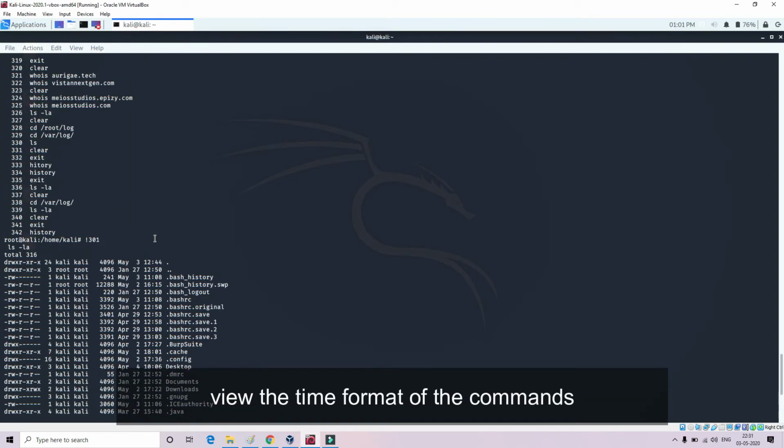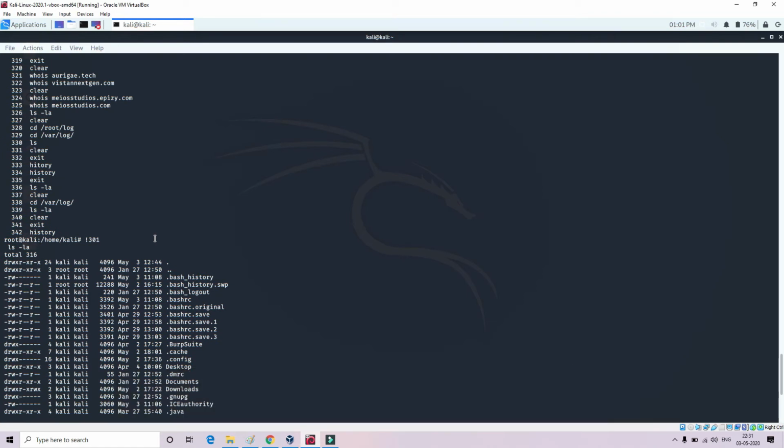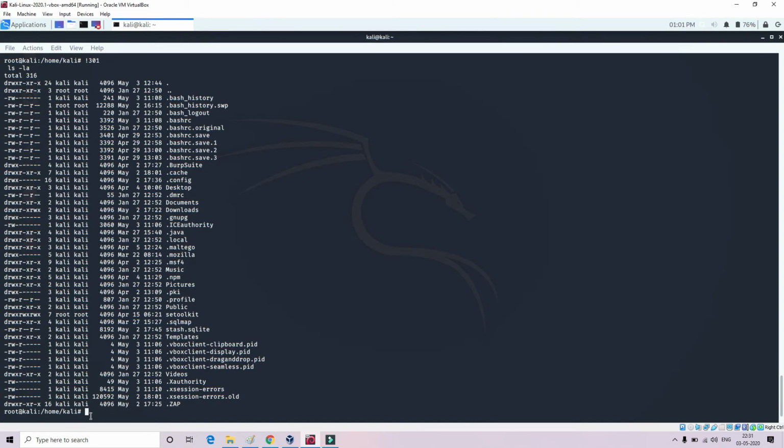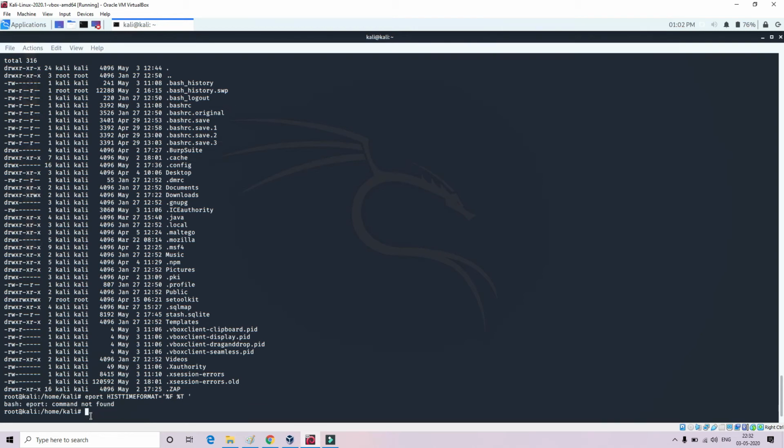If you want to check the time format of the commands which you enter, type this command, export. Let me check the command.